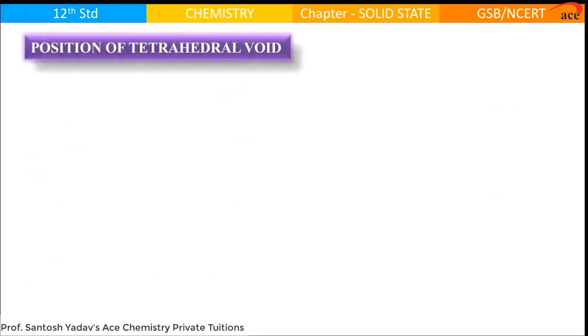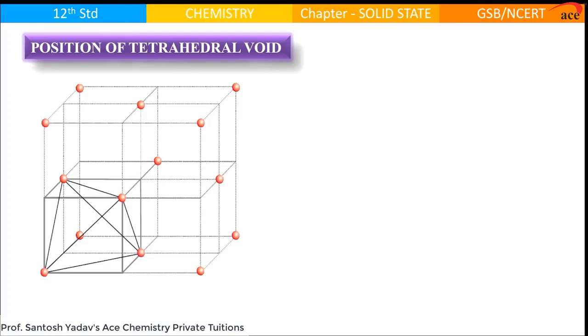After the tetrahedral void discussion, we would like to understand the position of the tetrahedral void. For that we have taken the FCC unit cell. If you take the FCC unit cell, you have to imagine this sphere. Now, how is a tetrahedral void remembered? It is remembered as if you have 3 spheres, and above that you put the 4th sphere; then whatever void is trapped is called a tetrahedral void.